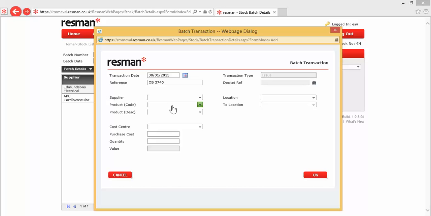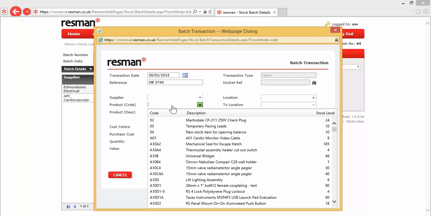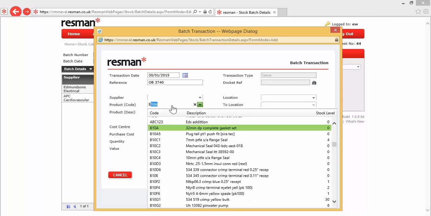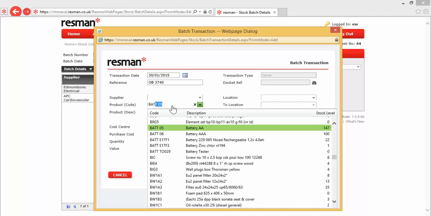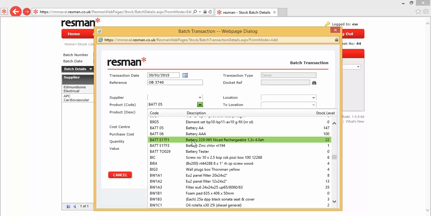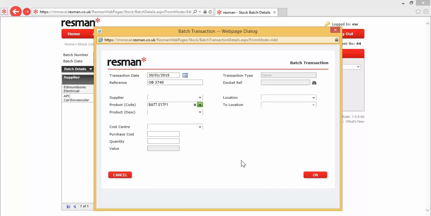They tend to be more widely used, and in this instance again I've put all my batteries together with a BAT as a heading, but that could be any other code that you're familiar with, and the one that I want is that NiCad rechargeable. I click on that. That will then automatically fill the other fields. It'll fill in my supplier, the product description, my cost center, which is maintenance overheads,